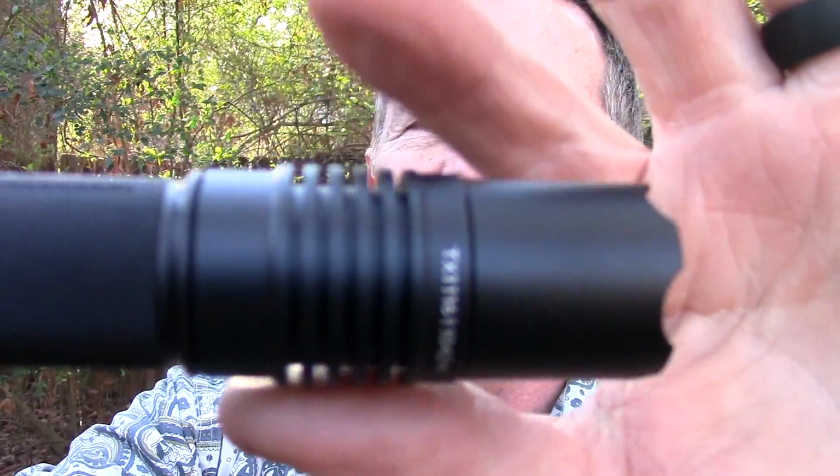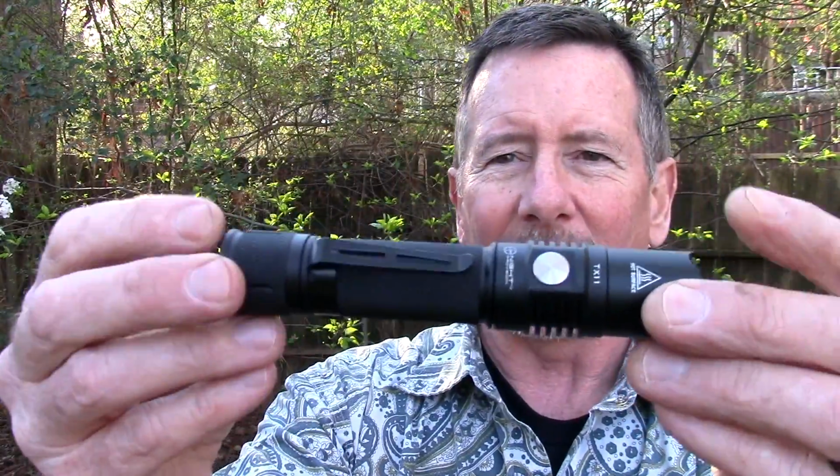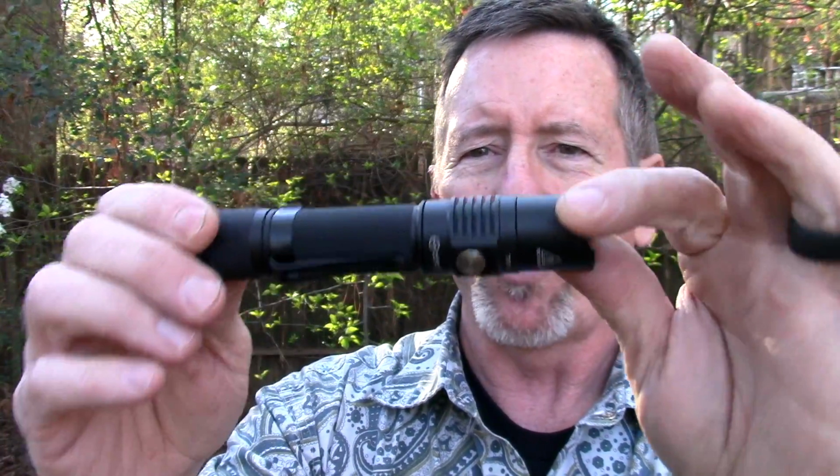Tell you a little bit about the specs. It's got a little bit of a heat sink, some heat sink fins going on here, heat dissipation fins. This thing is good for 1,000 lumens maximum. Features a Cree XP-L HD LED, so it drives 1,000 lumens from either one 18650 or two CR123s. It's just a standard tail switch with a metal side switch, so that should last a while. The length of this thing's about 5.5 inches by 1 inch in diameter, and it is IPX8 waterproof and drop resistant to 1.2 meters. We're going to talk about that real quick in just a minute too, but first, it